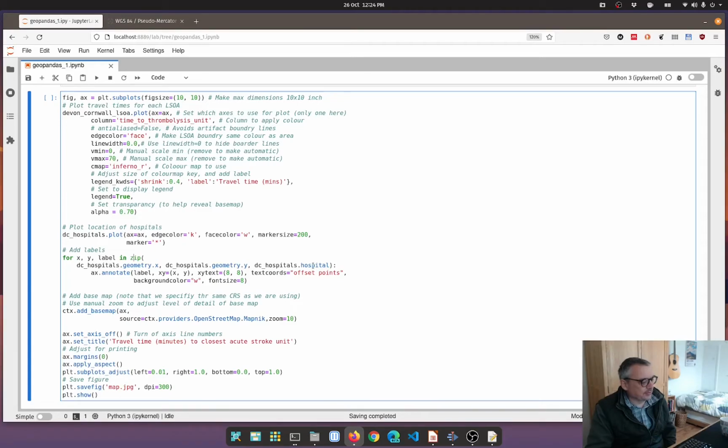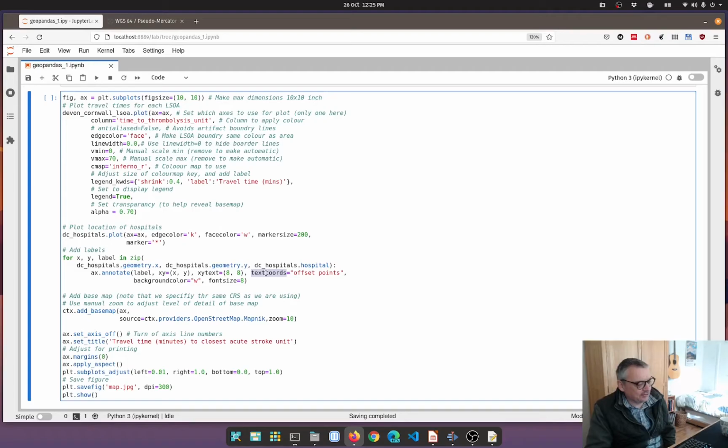So this is the hospital name here, which we've defined. This label here came from DC hospital here, and we say what's the X and Y? Well, it's the X and Y because that's what we've called them up here. And then XY text is 8, 8,